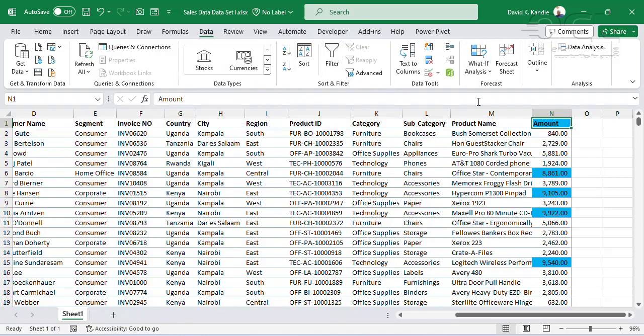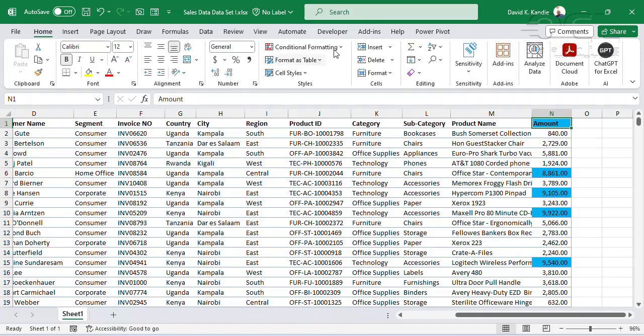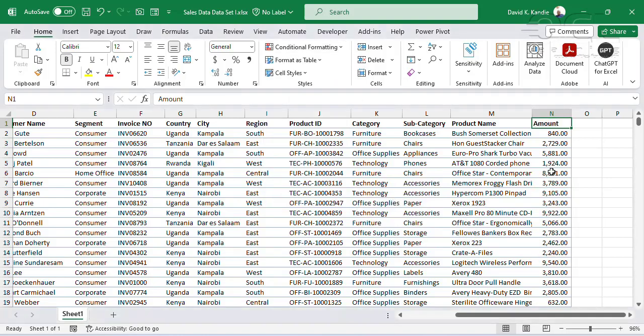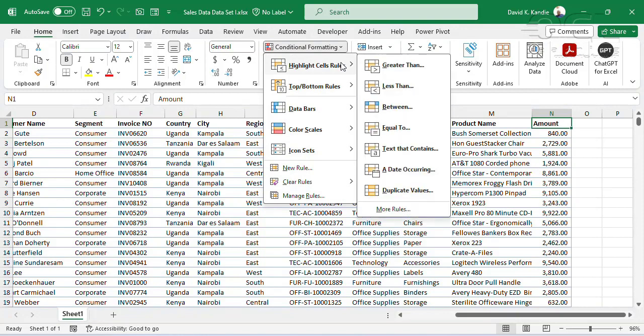I'll come back here and clear the cell rules. So home, conditional formatting, clear cell rules. Since I've not selected the column, I can click clear rules from entire sheet. So that comes there. The next one is you can highlight